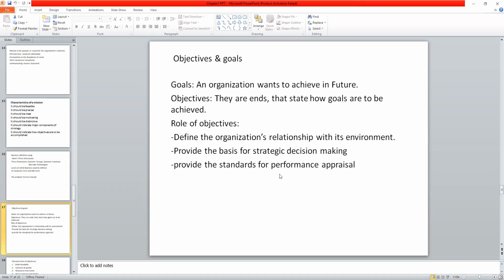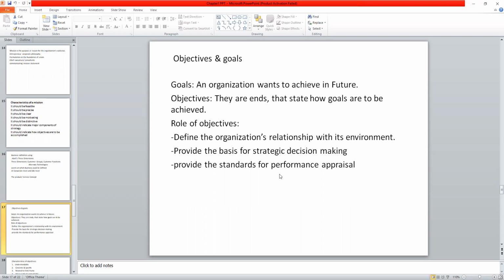Again, if you see the automobile sector, where the organizations are moving ahead with electric bikes or electric cars, this evolution, this objective, was included in the organizations with reference to the external environment. One is the government role, second is the sustainability for the social cause, maybe for conserving other resources. So here, while taking these objectives, the company has to relate with the environment.